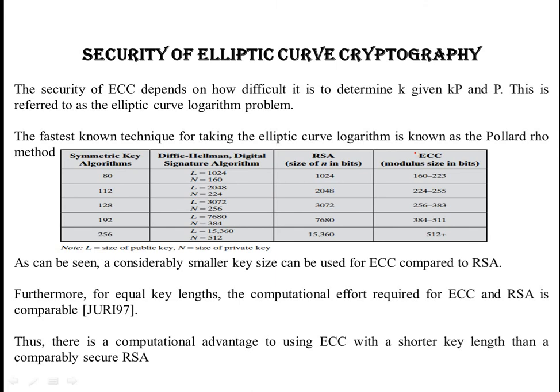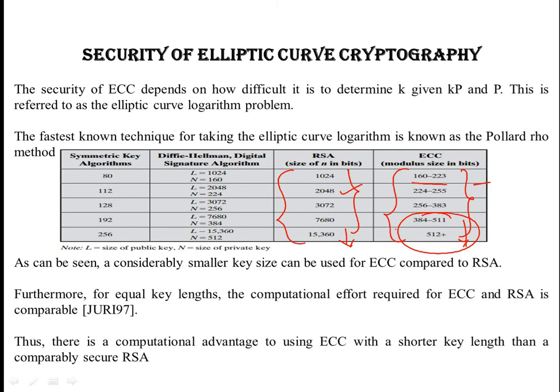For low security, RSA is taking much time, but ECC is taking very small bits. So you can see these values. This is the RSA algorithm and this is the ECC algorithm for the same level of security. If RSA is taking 1024 bits, our ECC algorithm is taking 162 to 223 bits. For the second level of security it is taking this many bits, here it is taking this many bits. You can see it is increasing, but in the elliptical curve only a smaller amount of size is increased.